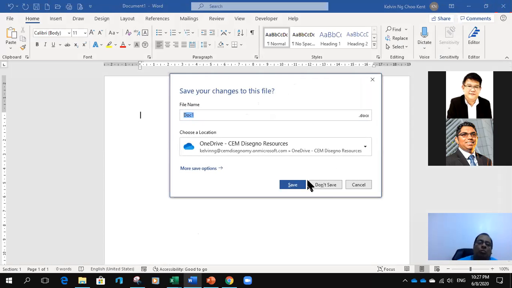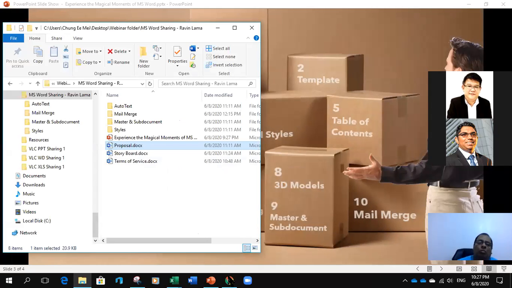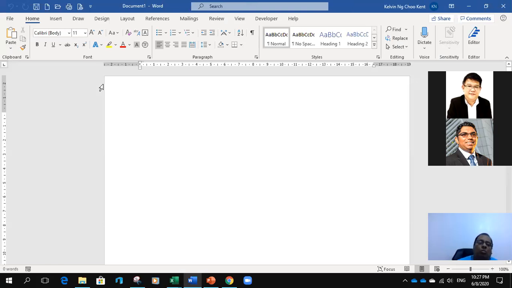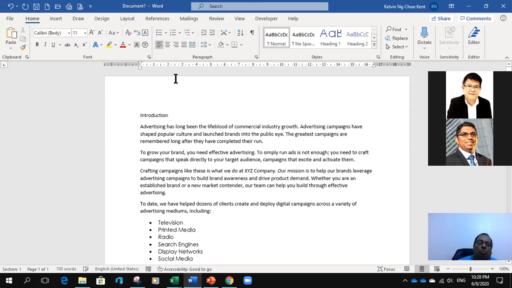Right? When I start a brand new document now, again, I start again. I just type proposal. Now, it doesn't come out, right? So let me just do that again. PROPO. There it comes out. Then press enter. Yeah, it appeared. Now this is a brand new document. You look at it, it's document 1. It's a brand new document.